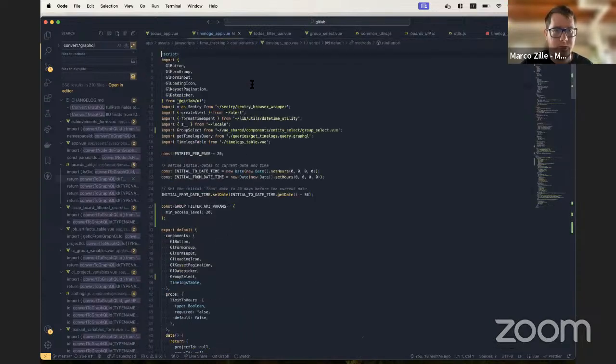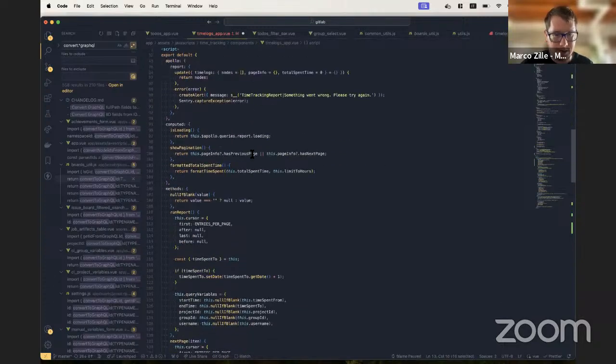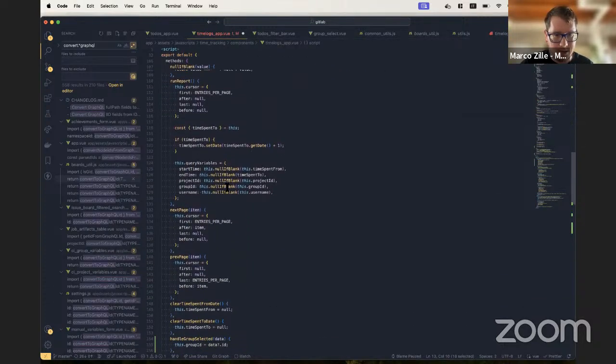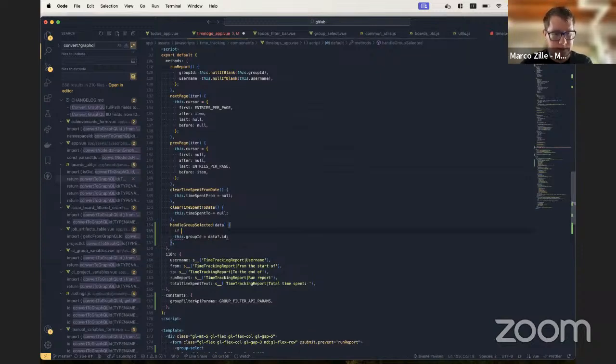So convert to GraphQL ID. Null if blank. I can do this. I can do it this way. If data